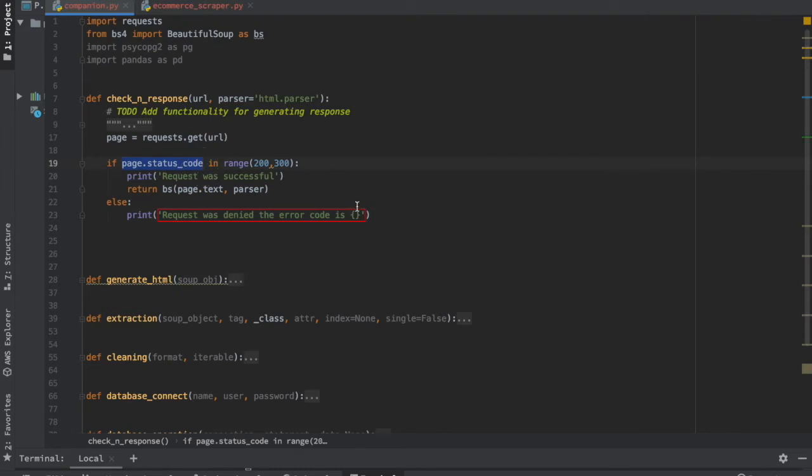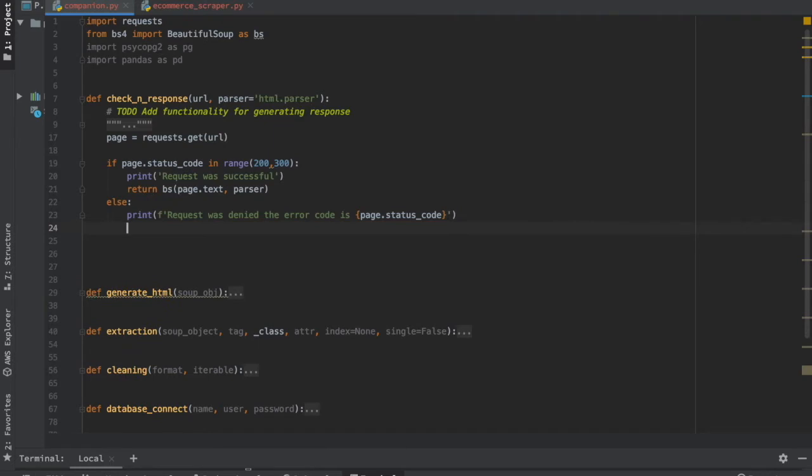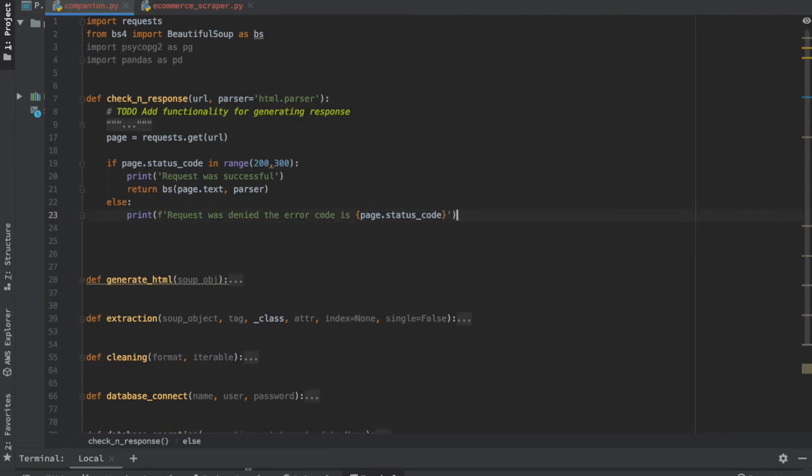So any status code, it is going to show us the code itself. Every time we need to take care of whether the company's policies are there and whether we are allowed to scrape a website or not. In the first place, some websites don't allow you, so you have to have an idea of what kind of error happened. So this will help. So the first function is done. Only five or six lines.